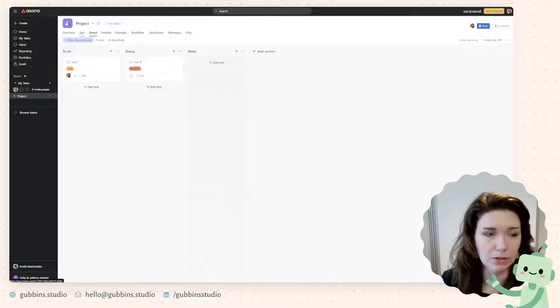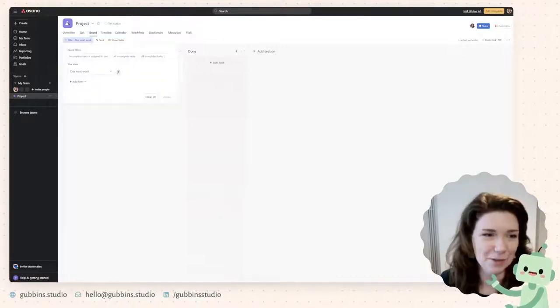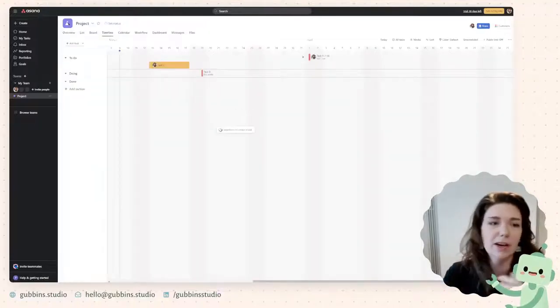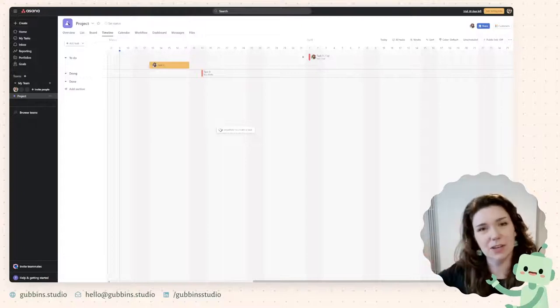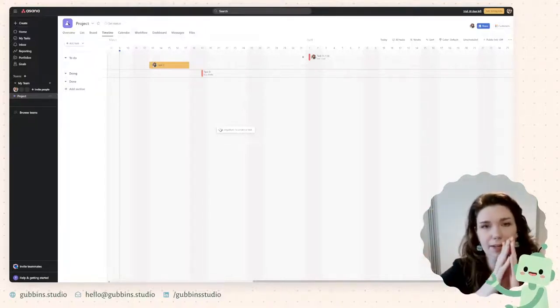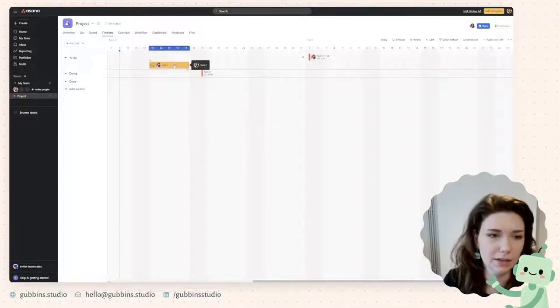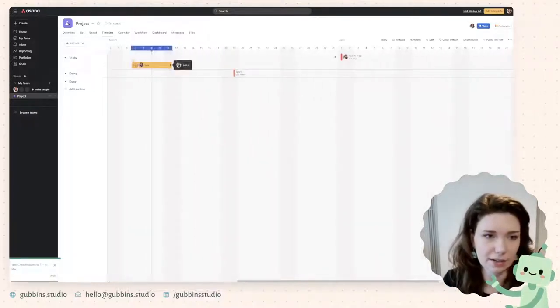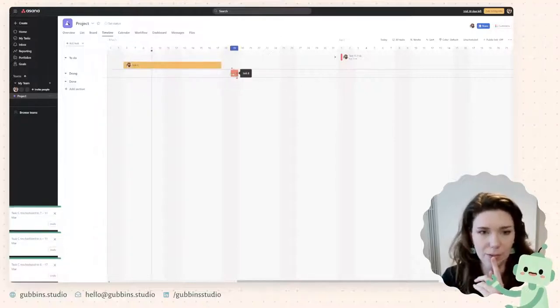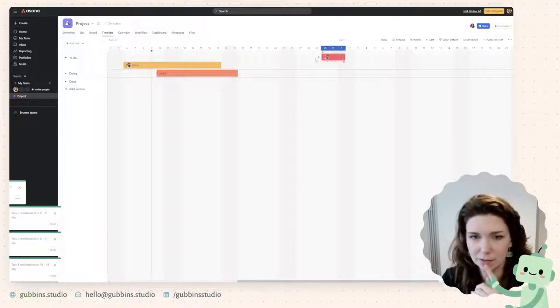Next is views. So thankfully on Asana, the views aren't locked behind a paywall, so I can show you a little bit more. Timeline. So this is kind of like a Gantt chart, I guess, in that along the top are the days, and then coming down are the different tasks you need to do, and then each block is, so let's see, here is today the 9th, and let's say I'd been working on this task since the 6th, and its due date was the 17th.